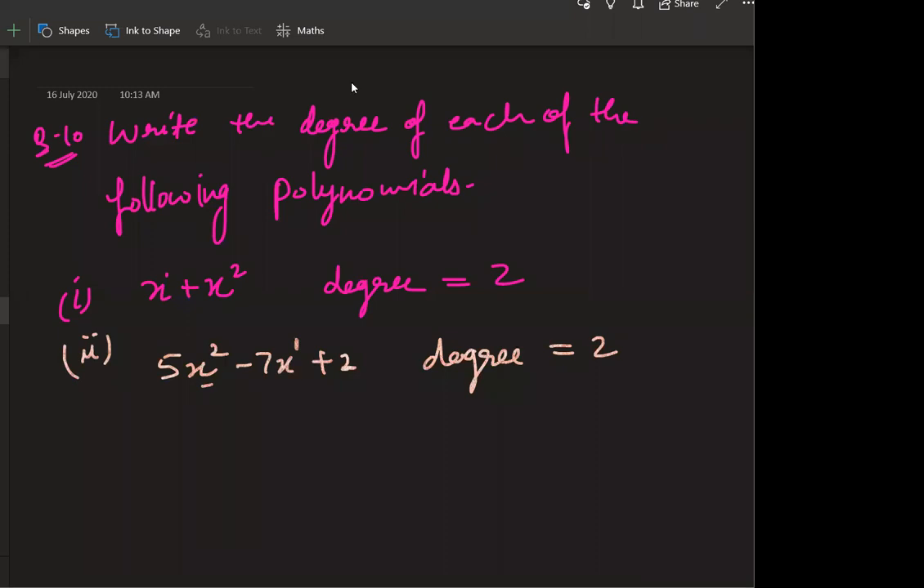Next, in third part, the polynomial is x cube minus x raised to power 8 plus x raised to power 10. So what is the highest degree? What is the highest power? You can see here the power is 3 and the power here is 8 and here 10. So the highest power is 10. So the degree is 10. So degree is the highest power of the variable. Fine. Now fourth,